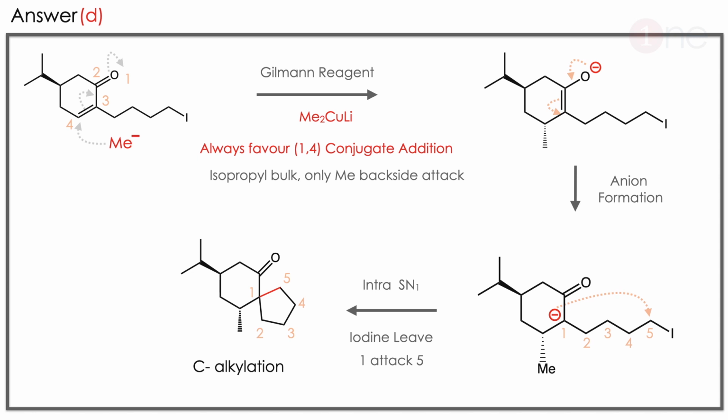Then the charge has to be balanced, so the negative charge is formed on the carbon. Then the carbon is now like a nucleophile. It is a kind of SN1 reaction, so a 5-member ring will be formed. Here a spiro kind of product is forming. An important thing you should know is that the methyl is always below because the attack is from the back side. Here the answer is clearly D because a 5-member ring is fused with the 6-member ring. Here you should know two things: the Gilman reagent has 1,4 selectivity, and the intramolecular SN1 reaction.